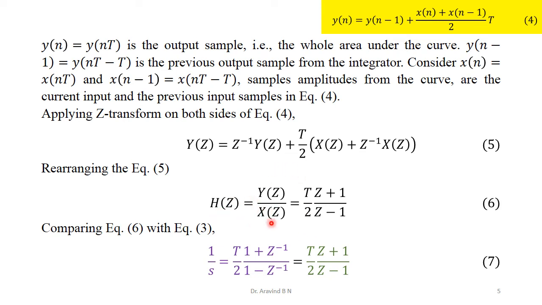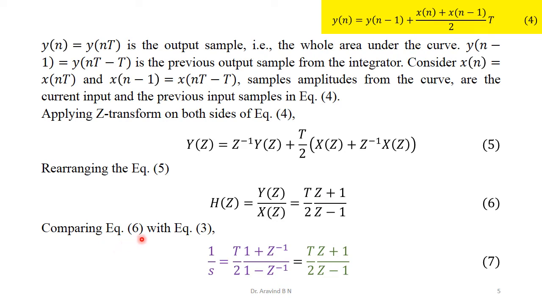Realizing this form, on the right hand side we will be left with t by 2, z plus 1 in the numerator and z minus 1 in the denominator. Take care that here there is a z inverse representation, and after simplification it has been multiplied and divided by z so that we can obtain the positive powers of z. Either we can keep this in inverse power of z or in terms of z, no problem. The final simplification will be shown clearly while solving the problem.